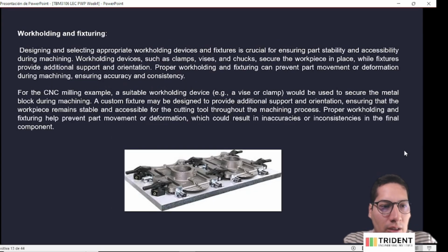Another principle will be the work holding and fixturing, how you're going to hold your material. Designing and selecting the appropriate holding devices and fixtures are crucial in ensuring the part's stability and accessibility during the machining. Work holding devices such as clamps, vises, and chucks secure the workpiece in place, while fixtures provide additional support and orientation. Proper work holding and fixturing can prevent part movement or deformation during the machining,